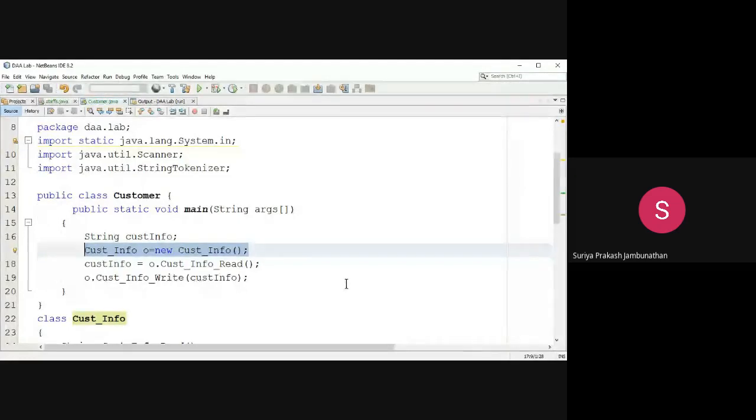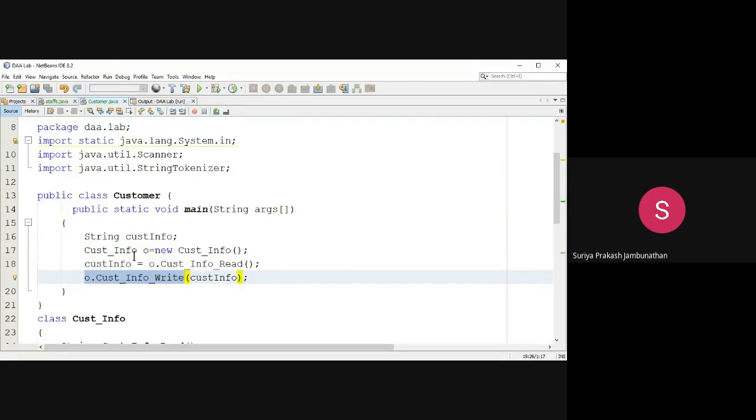Now we are calling the custinfo read. That is a method actually. Whatever this method returns will be stored in this custinfo variable. Again, we are calling the custinfo write method, and we are passing the variable as a parameter.